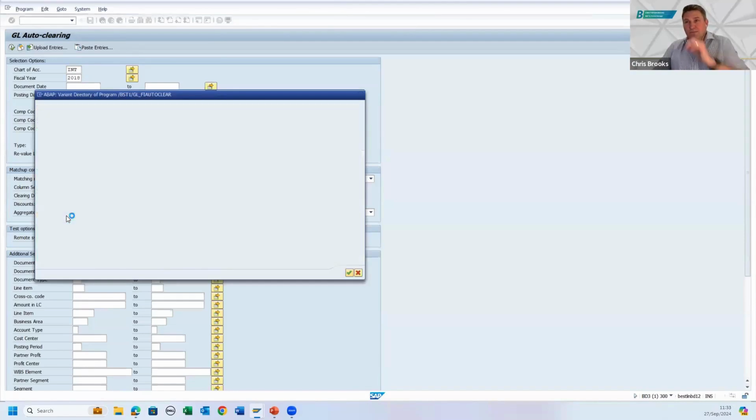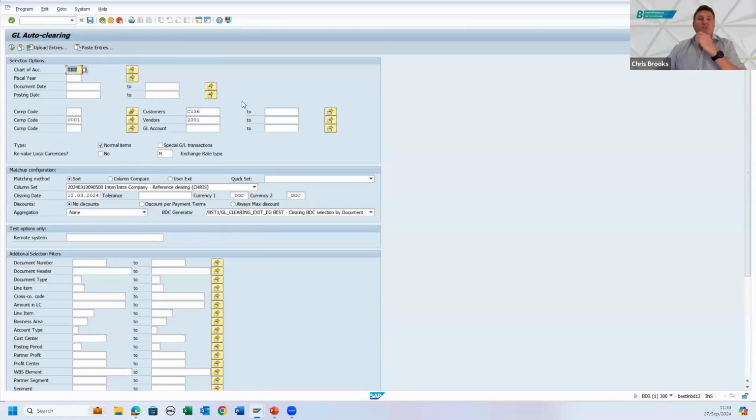Okay. So now, just in terms of scenario 3, what we found was that we can use this clearing very effectively to clear inter and intra-company balances. So in this case, what I've got is a customer and vendor across different company codes. A good, I guess, business scenario for this would be like a centralized warehouse that might be distributing to stores